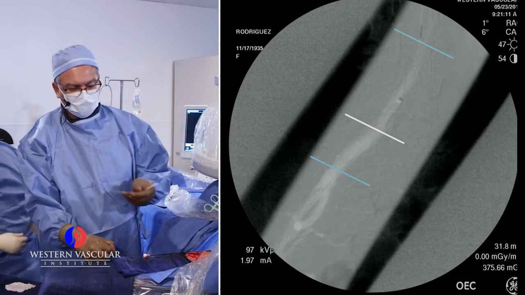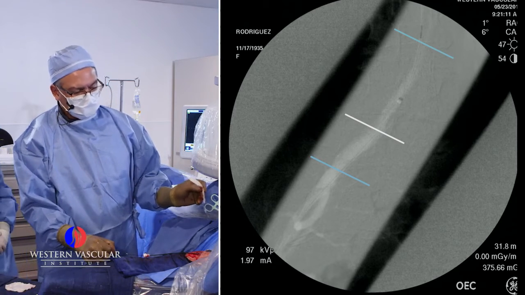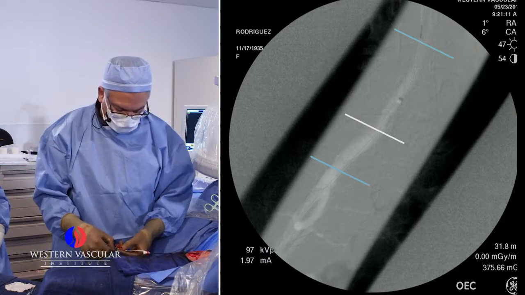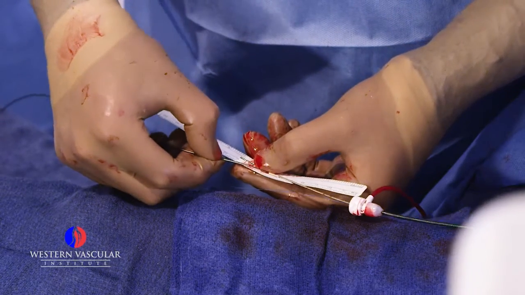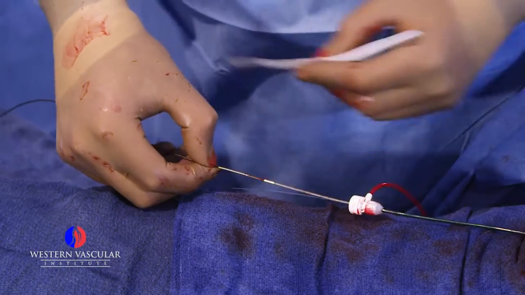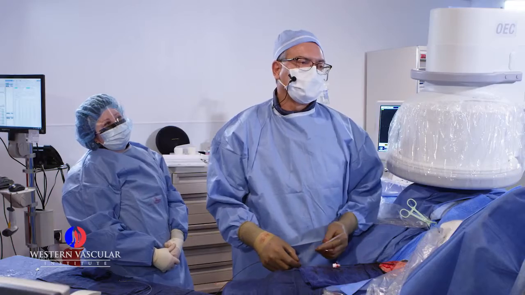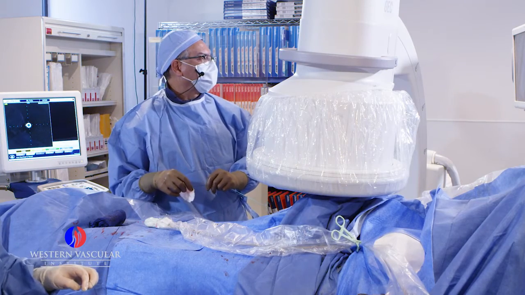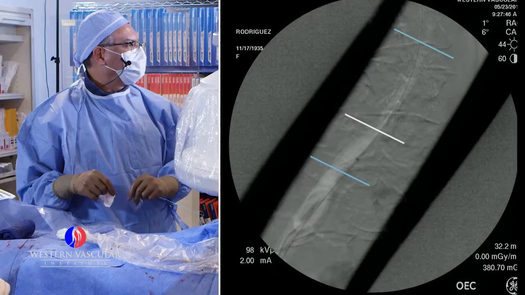With this ruler, we're going to measure the length of the catheter that I pulled back. And based on this length, the stent has to be 10 centimeters. So because the stent that we're using is quite big, what I will do is coming from below with the